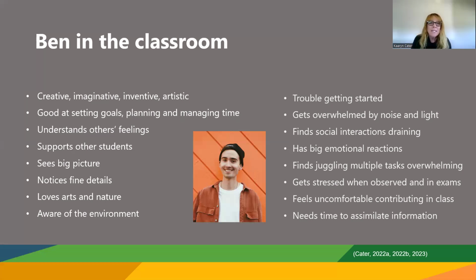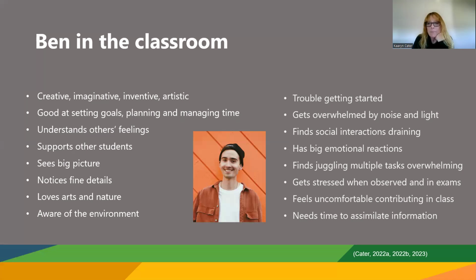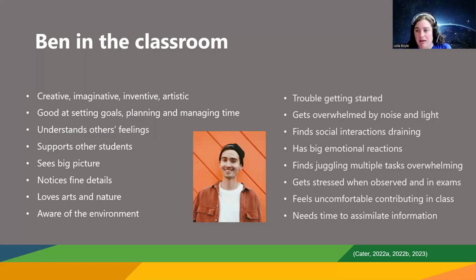Okay. So after meeting Ben, I think, what's that? Sorry, can I just butt in? It's Leela Boyle here. Just to build on the comments about what happens in the classroom, I'm in the statistics department at the University of Auckland, and we do a lot of written feedback. We use apps so that students can choose to contribute in writing and give them time to do that. That takes away that fear of verbalizing in the classroom. Very useful for big classes because we have hundreds of students. It's all anonymous, so we don't know which of them contribute, but we can share what they write with the full class and talk through what they've said. Which I think works really well